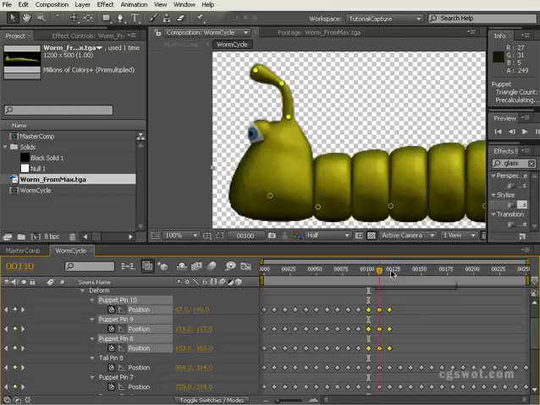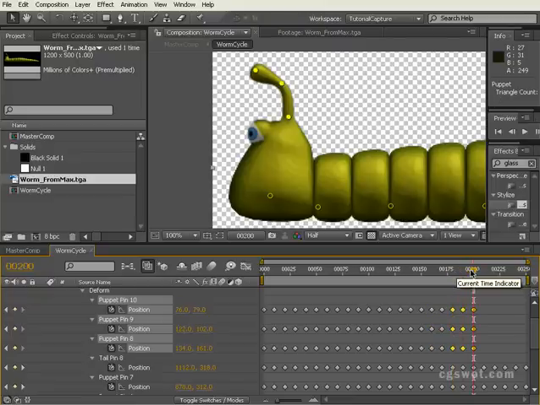But what we want to do with these guys is to offset them, because secondary animation always looks best when it's offset from the main animation, where it gives the impression of follow through, that it's caused by